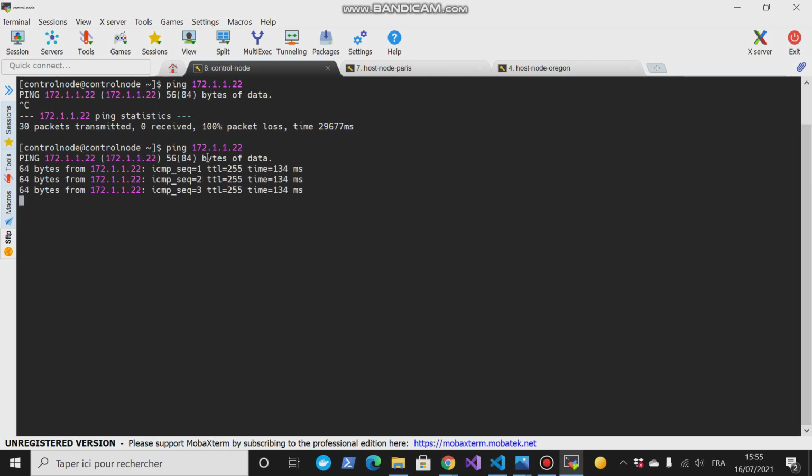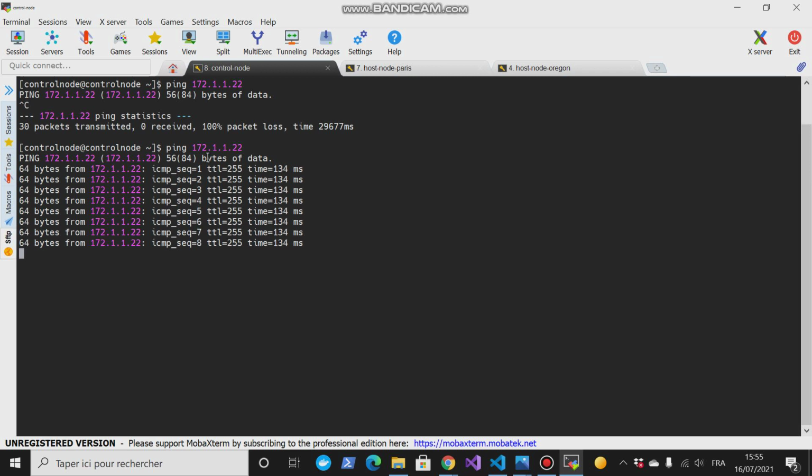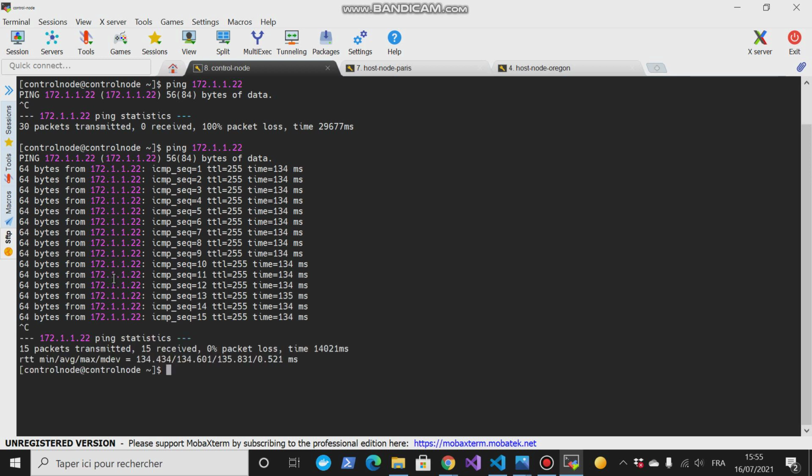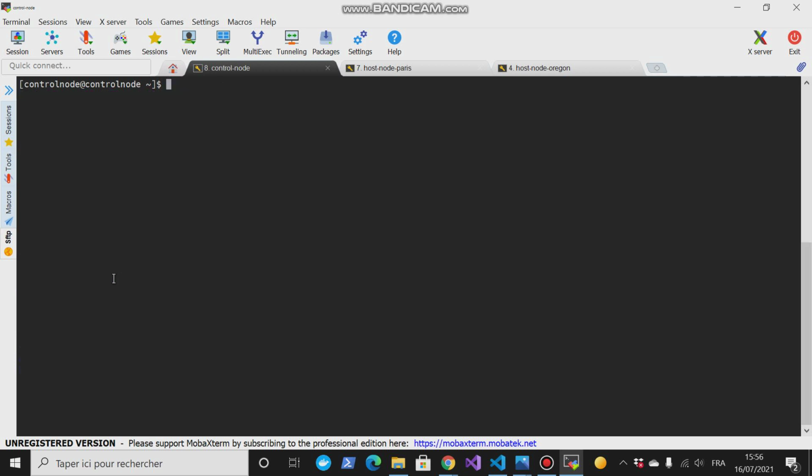So now if we come back and try to ping, as you can see, we can now ping our EC2 instance that resides in the Oregon region. The next step now is to install Ansible and try to make requests and commands on our host that is in Paris and the other host that is in Oregon. So for that, let me first install Ansible. We'll use Python. There are a lot of methods to install Ansible, but for this,